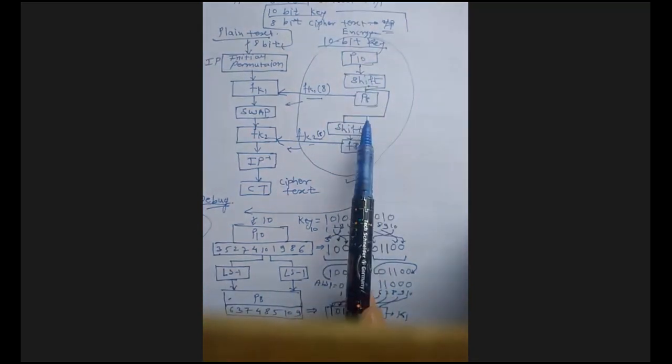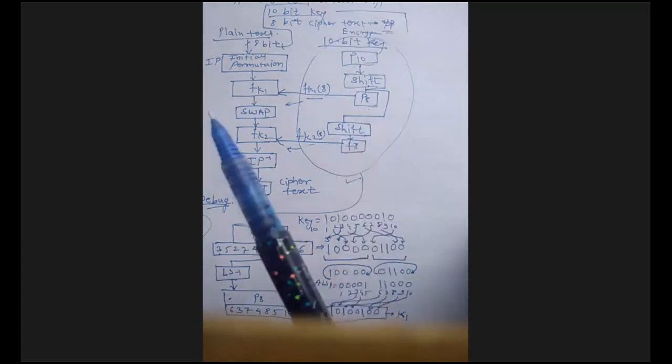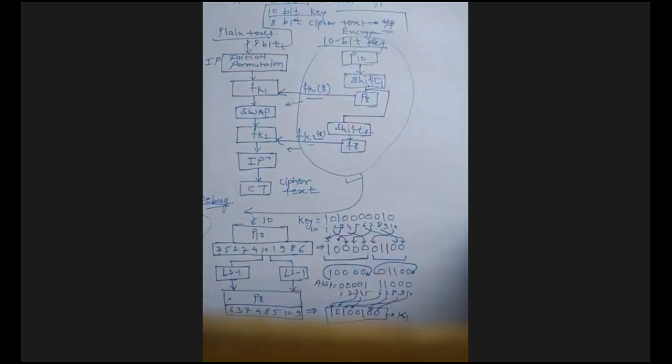Then P8. So we have got up to the P8 over here right now. Okay, now then again shift 2. Suppose I have said here shift 1 and this is the shift 2. So apply the shift 2 again for my key 2. Suppose we need to generate the key 2, so at that time you have to apply the shift 2. So today only we are generating the key. Suppose you are ready to generate the key, then that key you have to apply on plain text.